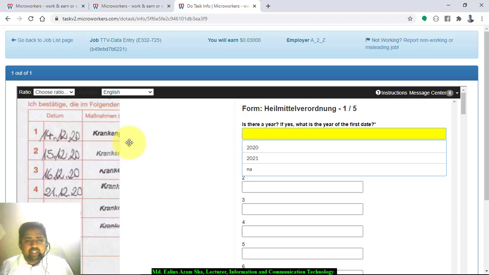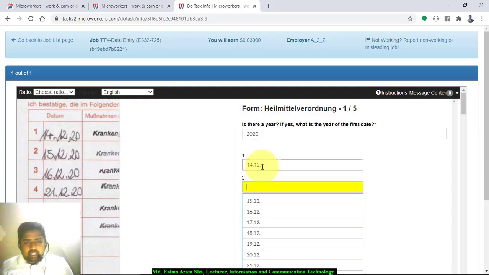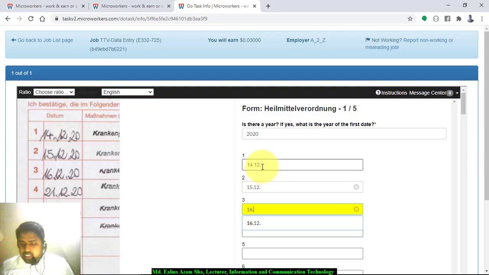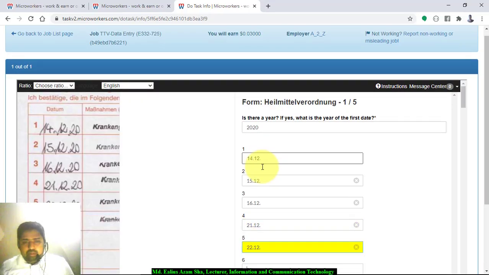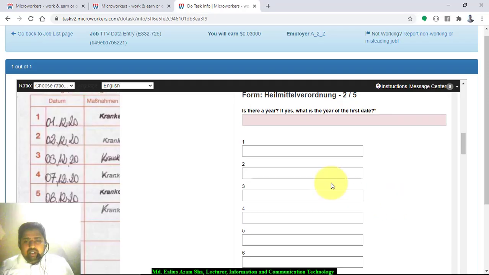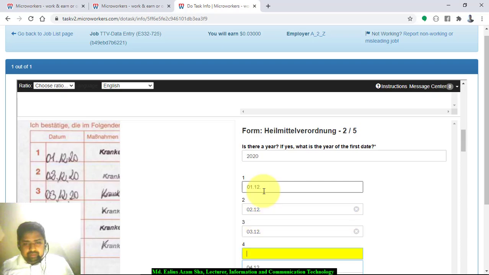So first of all, we have to select the year. So the year is 20, means 2020. Now we have to input the date, like date and months. So we are starting 14/12, then 15/12, then 16/12, then 21/12, then 22/12. Next we are scrolling down. So now the year has been selected, 2020. So 1/12, then 2/12. We are inputting the dates that we can see in there,